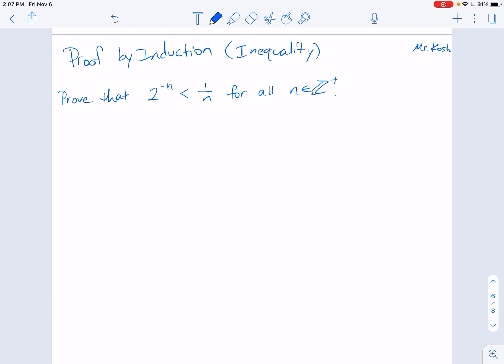This is another type of proof by induction, and this is proving inequality. I find these to be the most difficult. So they require a certain level of math creativity, for lack of better terms. So I want to work the one in the book for you and then encourage you to go practice, and hopefully